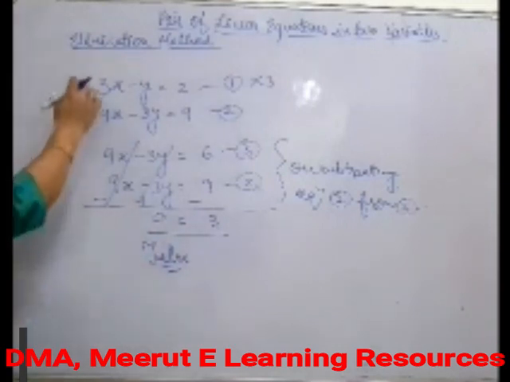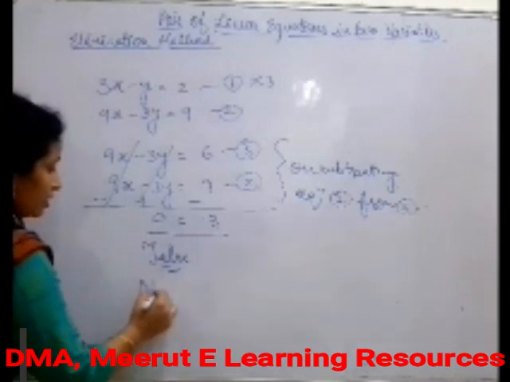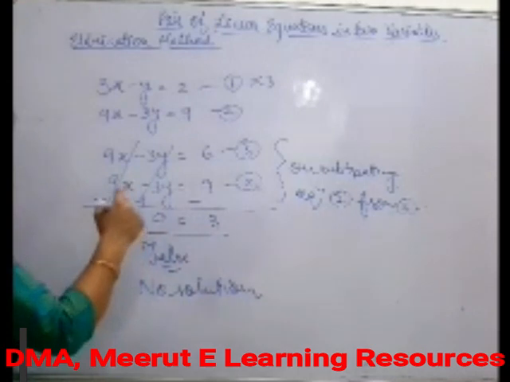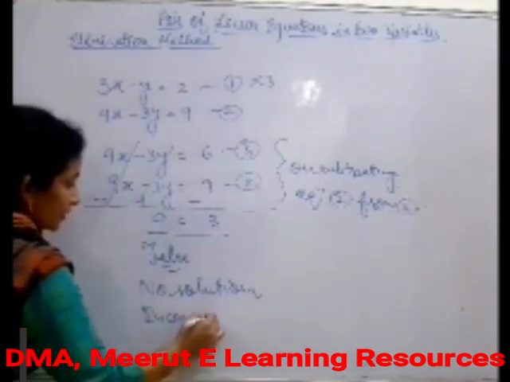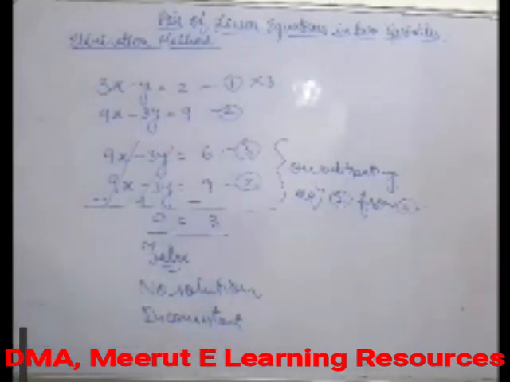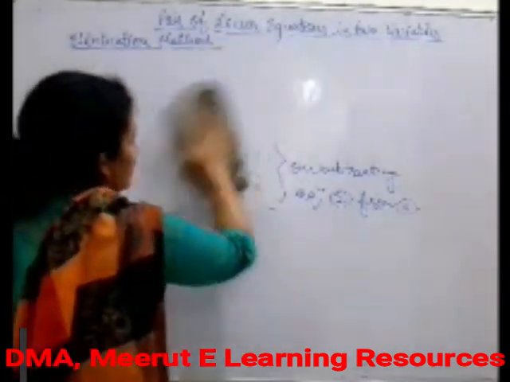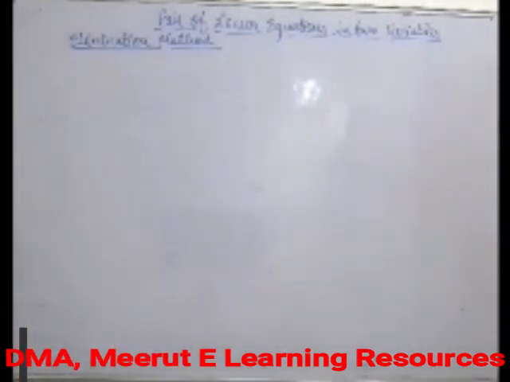In such a case, this system of equations does not have any solution, means there will be no solution. For this we will write it as inconsistent. Okay, so that is how we deal with these two simple situations if we get them in between. Now I'm going to take another pair of equations, so that you can understand very well how to proceed if the equations do not have such a situation.